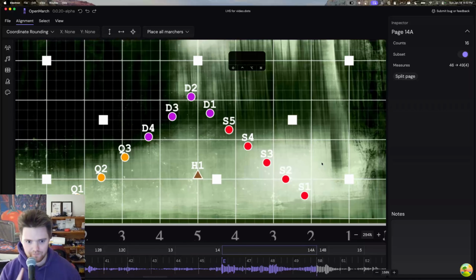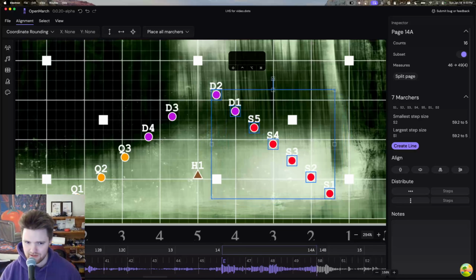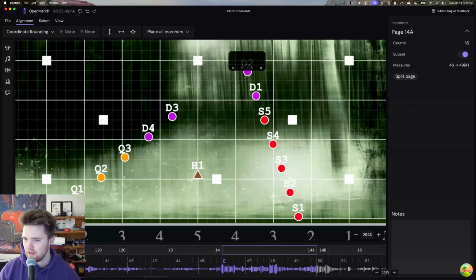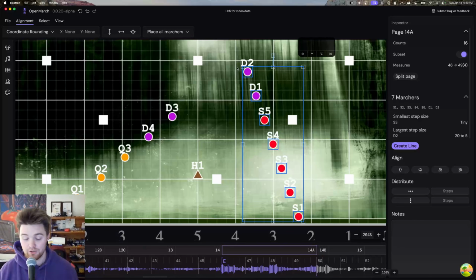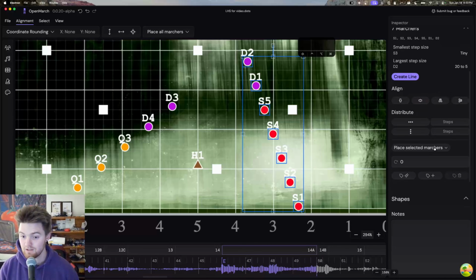So yes. Okay. Another very quick thing that I want to mention is, let's say I have this group here. Let's say our snares and top 2 basses happen to be doing a lot of things together, and we're like, okay, we want these to be a group, or they're moving along. Say they're soloists or something. Maybe we have a small group of these. If you know you are going to be frequently selecting marchers many times over, whether you have soloists, small ensembles, whatever it is, all you do is select the marchers that you want,